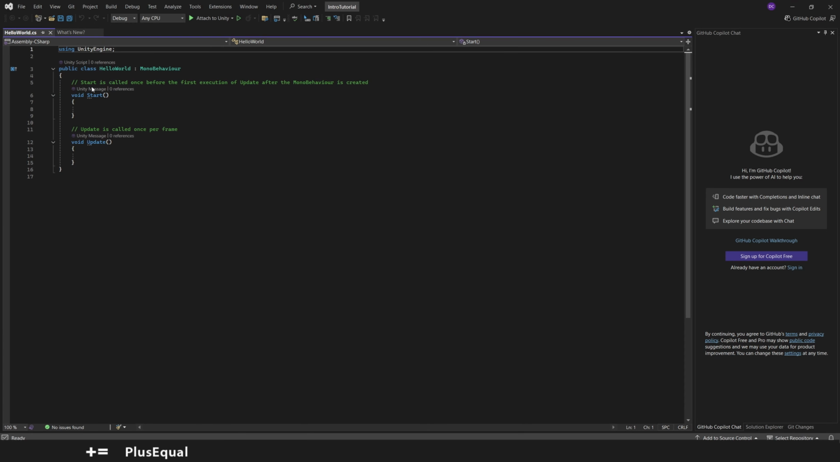So you have a small comment here, like you have these two functions. One is start, another is update. And like they are telling you here in the comment, start is called once before the first execution of update after the mono behavior is created, and update is called once per frame. So for our purpose, since we don't want to every frame display the same message, we'll delete this for now,